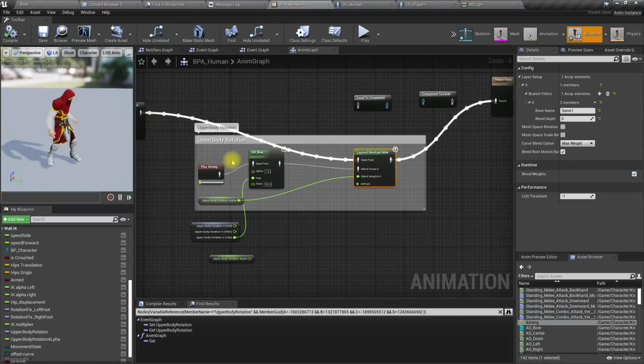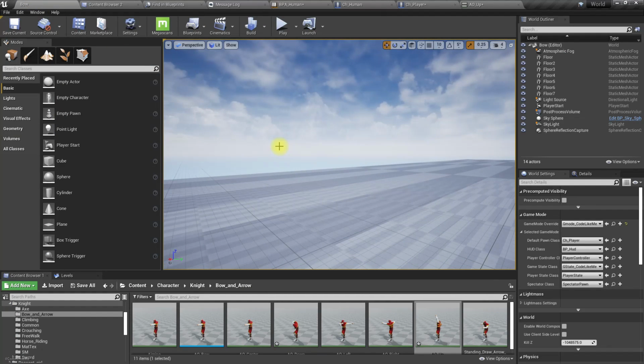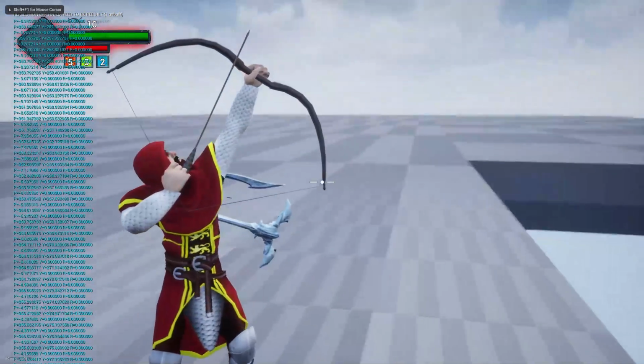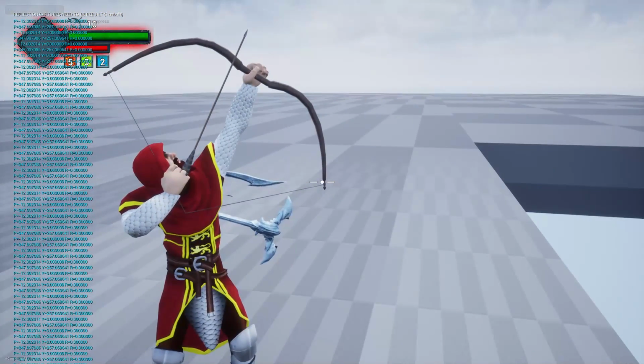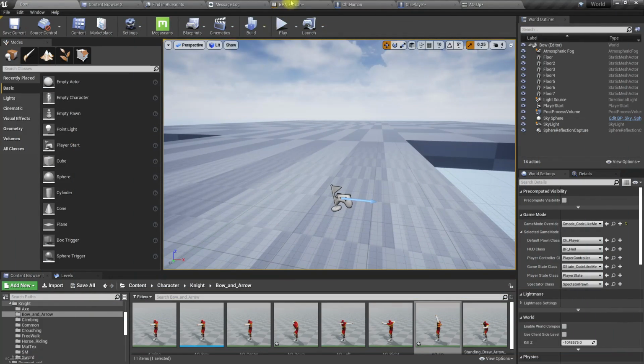Okay, now to test this, here I have hard-coded the pitch value as 90. So if this is correct, my character should be directly looking above. But as you can see, it's not. There is a slight offset to the above. So why is that?